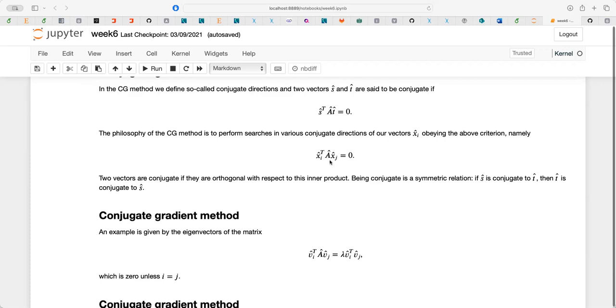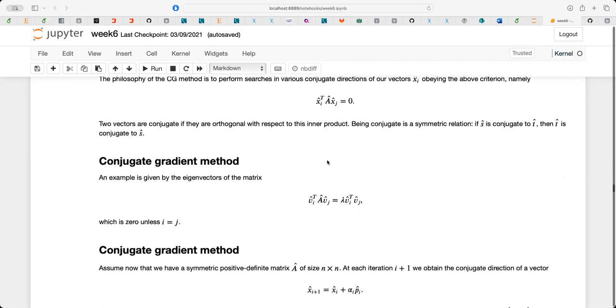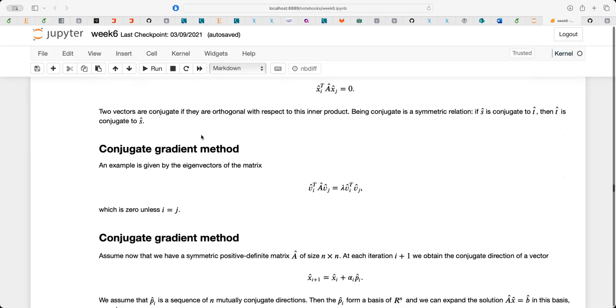Suppose now that x is an eigenvector of A, and the same for the other vector. Then this one multiplied with that is a constant times the vector, and you immediately have the orthogonality requirement if these vectors are eigenvectors. So what you do is use this property of conjugate gradients, and then look at the